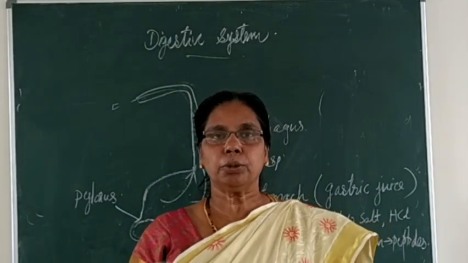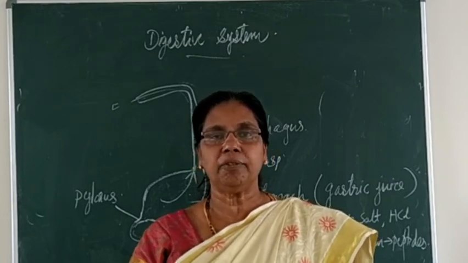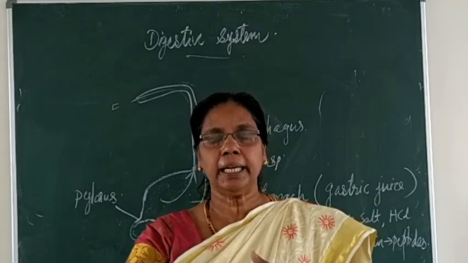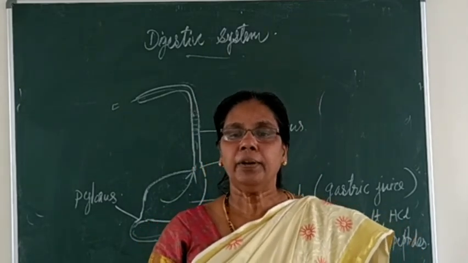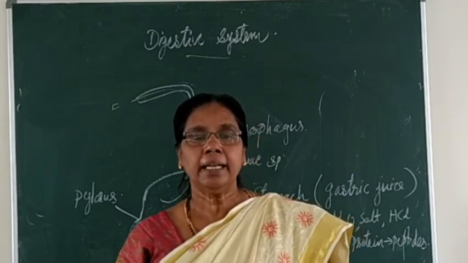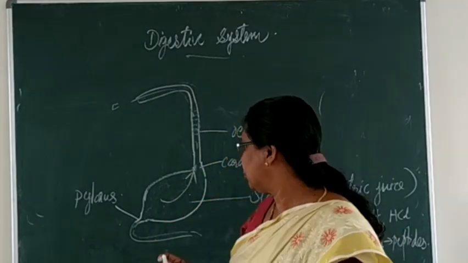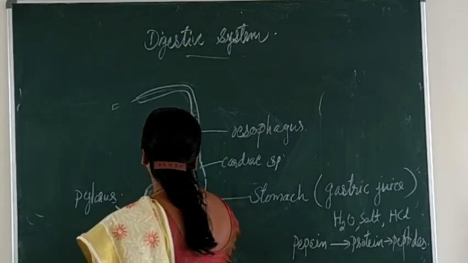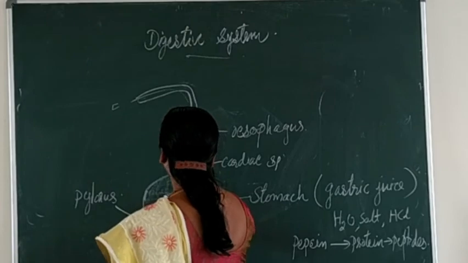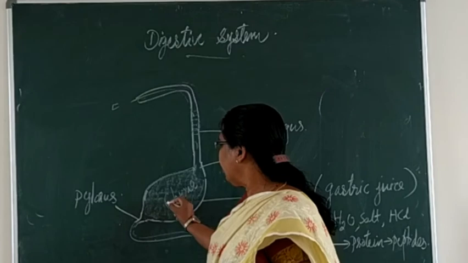Okay. So the food stays in the stomach for about 3 to 4 hours, and when it attains a pulp-like form, a fine grinding process takes place. When it attains the pulp-like form, that structure is called chyme. So here the churning process is over, and we are calling the food chyme. So then what will happen?